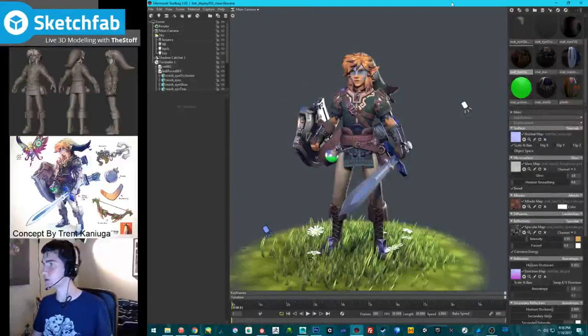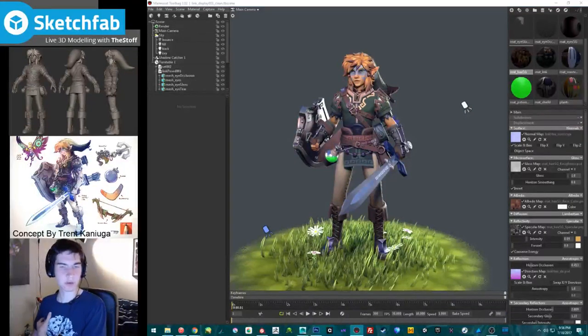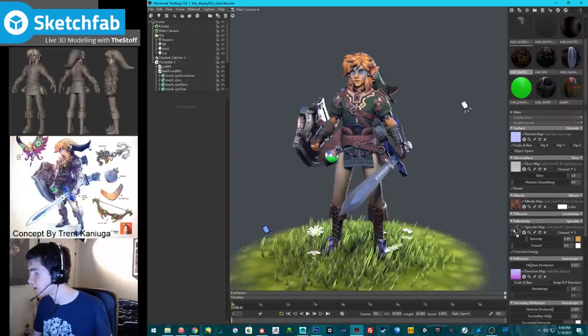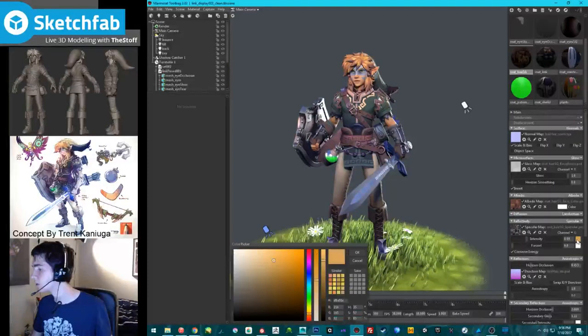It's interesting. I know that the colors are going to be off, but I don't want it to be super shiny either. Just going to copy this color.